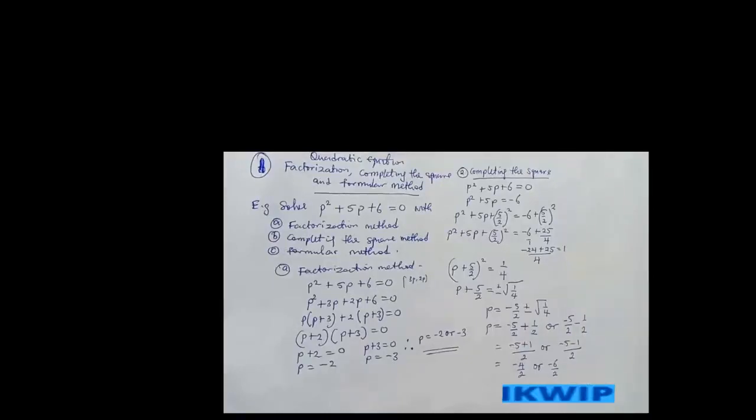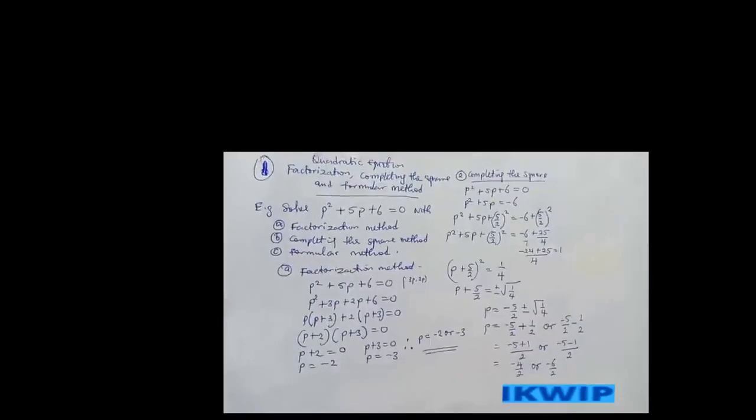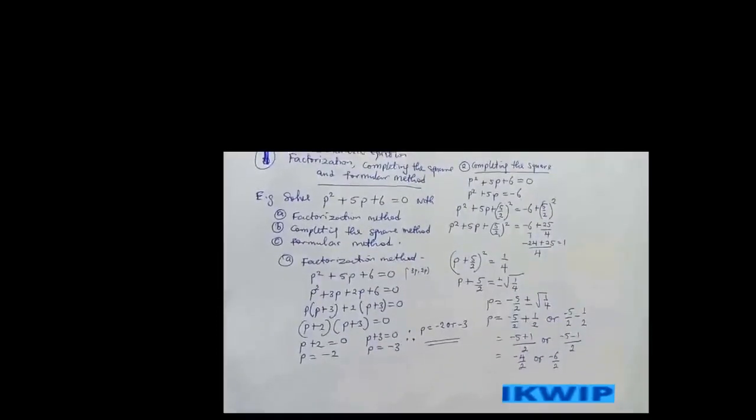I have to cut them down. So let me adjust my camera a little. Okay, so here minus 2, here minus 3. Therefore p equals minus 2 or minus 3. That is just it. So I'm going to use the formula